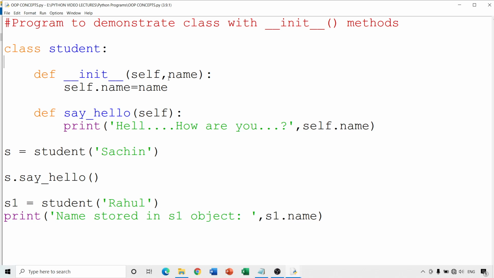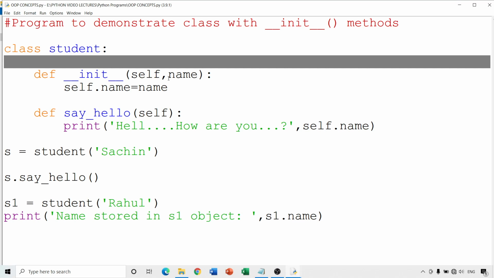Suppose a variable was declared over here before the methods or before the functions, then that variable would have been referred to as a class variable. Now it is important to understand what is the difference between the two and when to use which one.